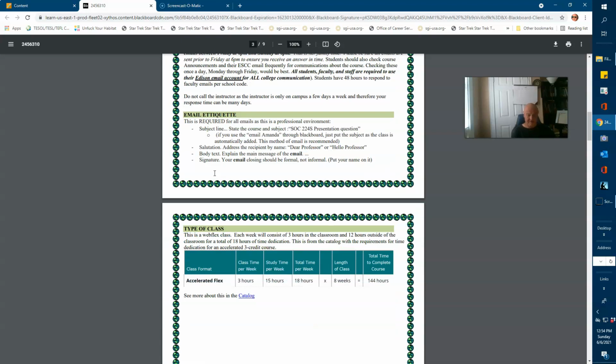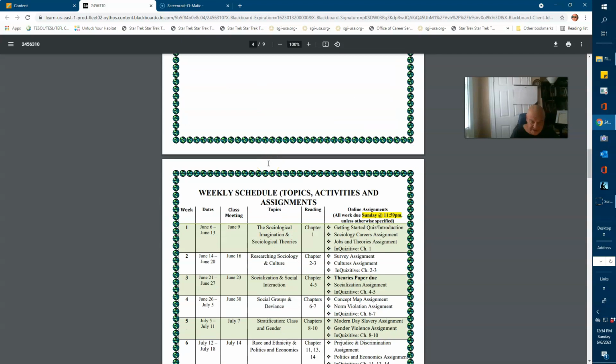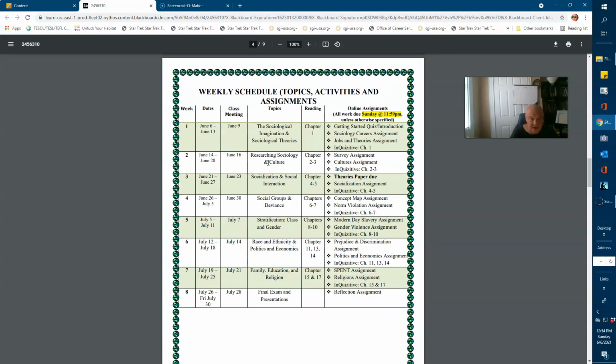Note that this is an 8-week class. That means we must begin very much with the end in mind with 8-week classes. I think this just covers some basic material. If we look down here, we're going to look at a chapter overview. For our first week, this course will open today. We have a getting started quiz and intro, basically information here.